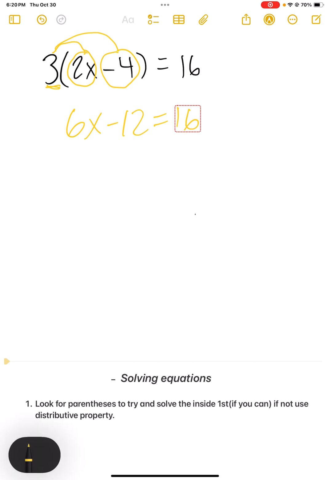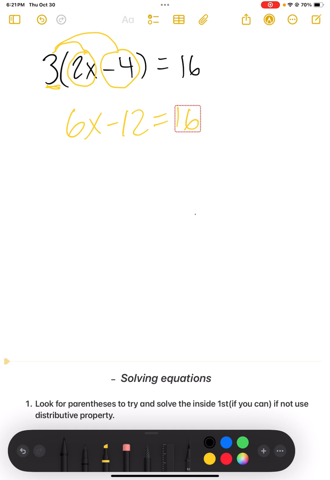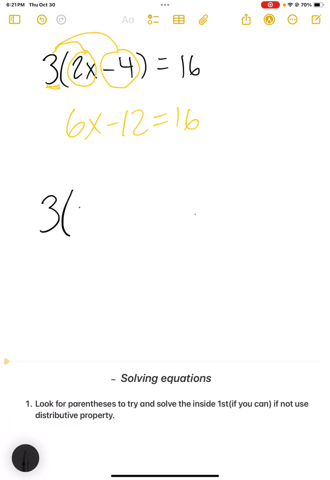Now another example of the first step, where you can actually do what's on the inside of the parentheses. I'll use the same numbers but change something. Let's see if you notice what I changed. So 3 again, open parentheses, 2x, and this time I'm going to do times negative 4